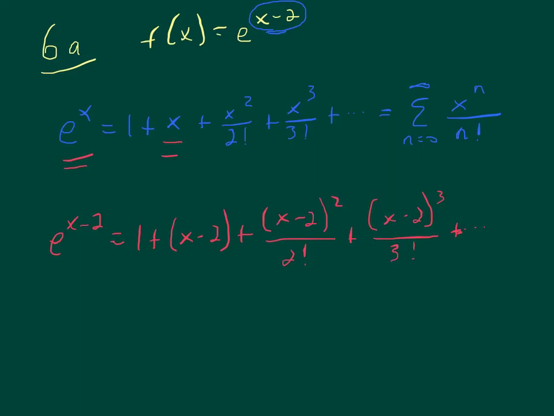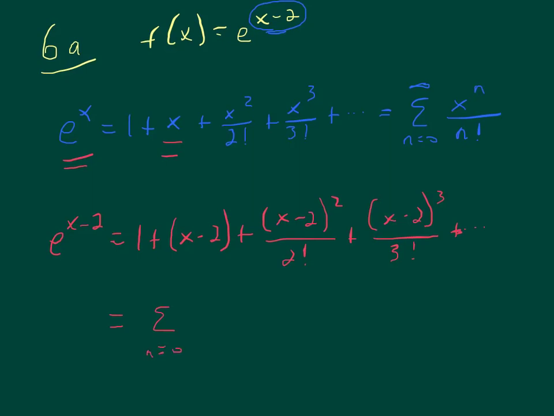Alright, and now we have our first four terms of our Taylor series for our function, and you'll notice that because we're subtracting 2 from each of the x values, this Taylor series is indeed centered at x equals 2. The only thing left to do for part A is to get the general term of our particular series,